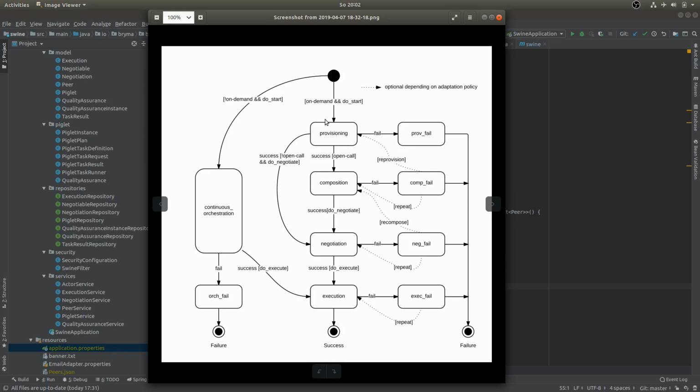So let's say this state fails, and then we check with the adaptation policy, and the adaptation policy then says abort the whole task. Then the whole task would go into the failure state. But we could also have another adaptation policy that says rerun the whole state, and then the whole state would be rerun again, and then we could potentially use incentive mechanisms